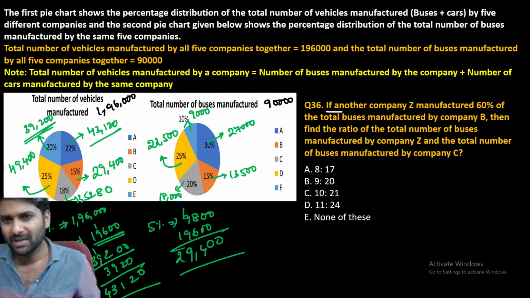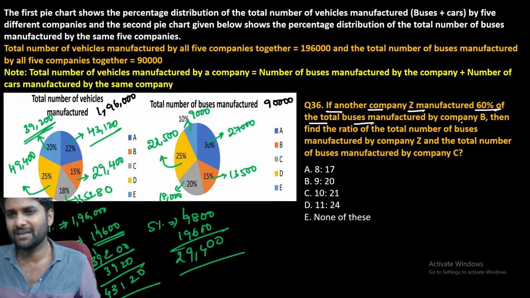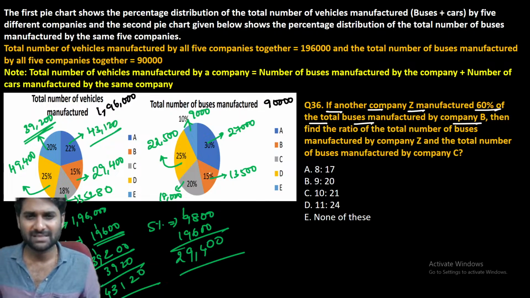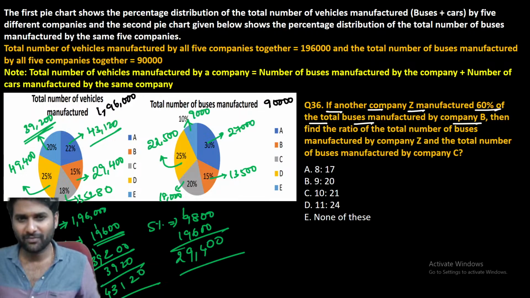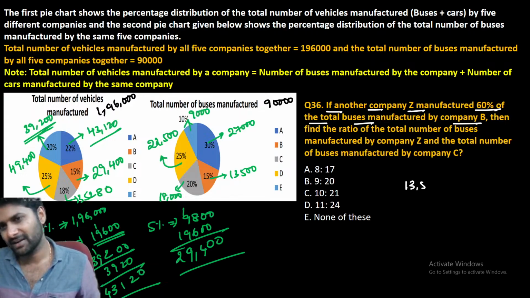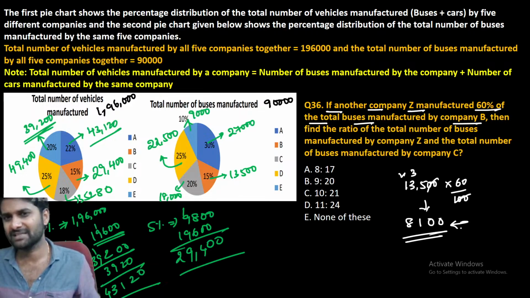Another question, see. Company J manufactured 60% of the total buses manufactured in company B. How many buses are manufactured in company J? See, company B's total number of buses manufactured is 13,500. Now out of that you have to consider 60%. 6 fives are 30, 6 threes are 18, 21, 6 ones are 6, so 8,100 buses are manufactured by